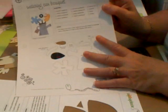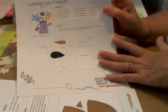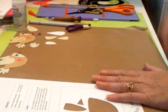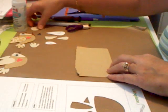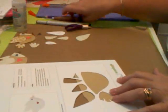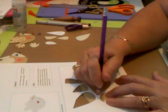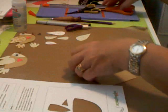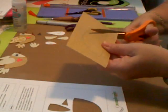If you do it this way, you don't have the piece for tracing. You would be using the frame here as our pattern piece, which I think is great because everything's all in one. So after you choose which way to do your piercing, you would either then be taking this frame and tracing, and then cutting,